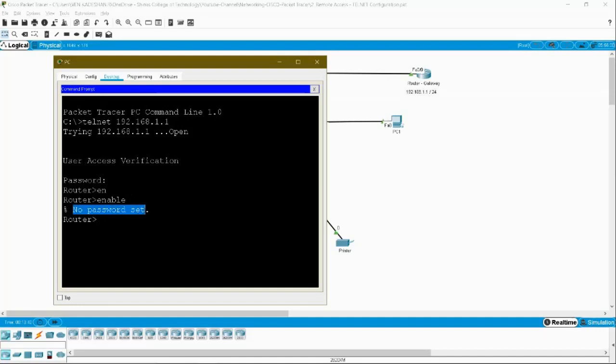So by default, though you have configured Telnet, if you are accessing your router remotely, it will not allow you to go to your privilege mode. You have only default rights to user mode. If you type the enable command, it will not allow you to go to the privilege mode. So if you are not able to go to privilege mode, obviously you can't go to the configuration mode also. So you can't do any configuration in your router though you have configured Telnet. So what we have to do is set the password for this enable privilege mode.